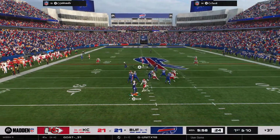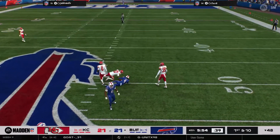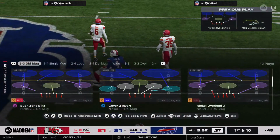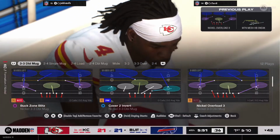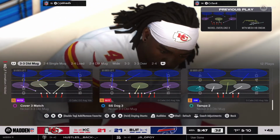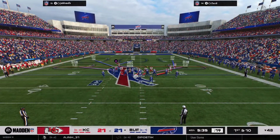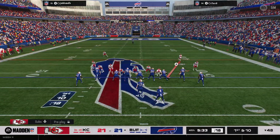Looking to throw, it's Allen. He'll find his running back, Cook. He's taken down, but just shy of midfield. That's 11 yards again, 2 plays in a row. And another 1st down. This is quarterback play at its finest, is understanding and identifying the blitz before the ball